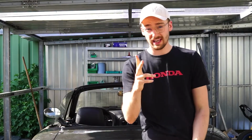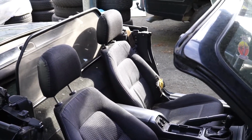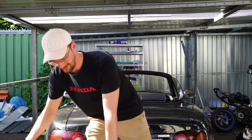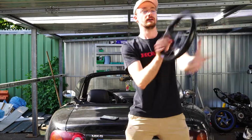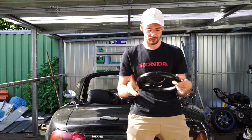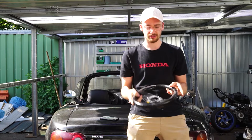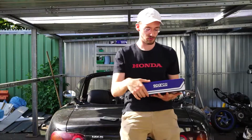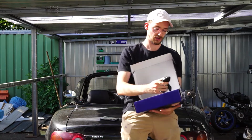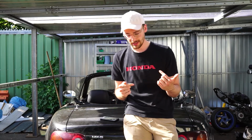We have 3 days to completely overwork the interior of the car, including a roll cage that's heavier than expected, bucket seats, sparkle sprints, a new steering wheel, of course, Momo D32. This is a used steering wheel, by the way. It was 50 bucks. And of course, last but not least, 4-point sparkle belts. Also kind of common, these things. Let's keep our fingers crossed that we can do everything in just 3 days,